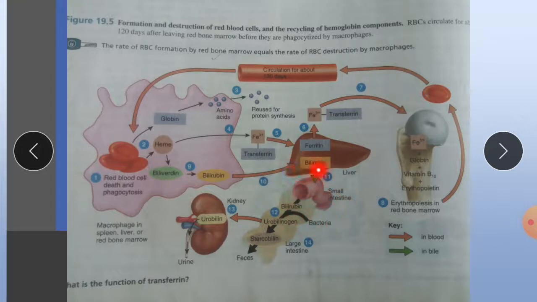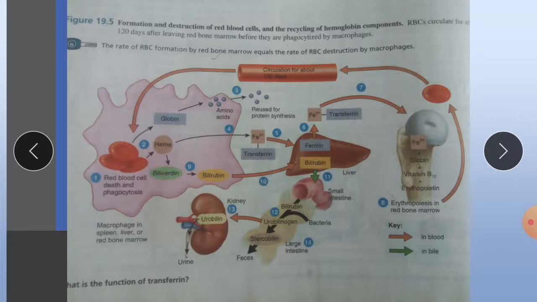Now here try to understand, there is a relation between bilirubin and the RBC. In a condition like jaundice, a high proportion of RBC breakdown will occur, due to which a large proportion of bilirubin will develop, and due to which a yellowish tint of the skin will occur all over the body. Also our sclera will become yellowish.